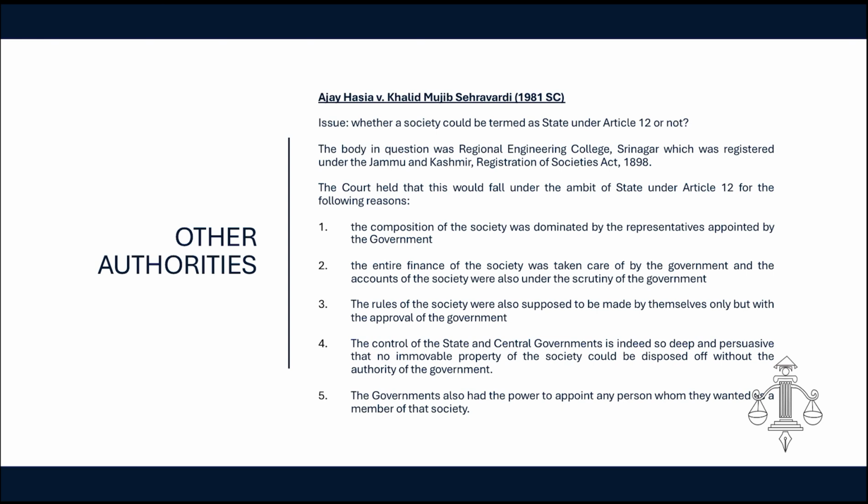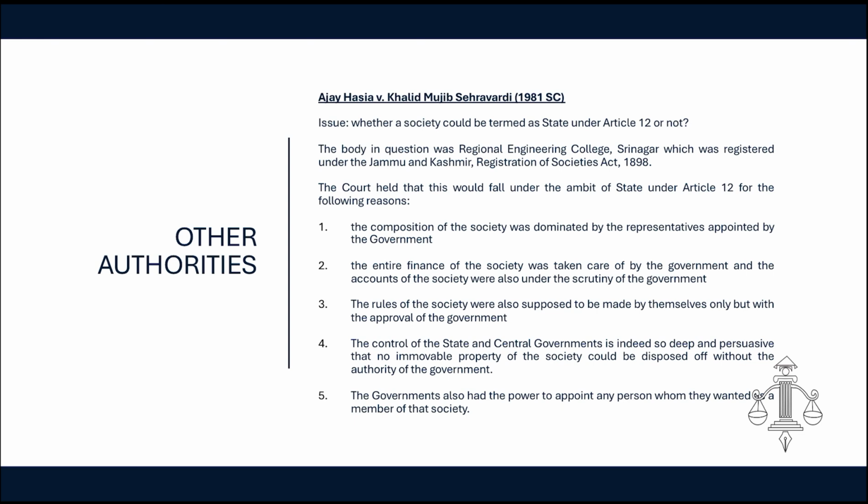So the court held that this would fall under the ambit of state. So the court held that societies would fall under the ambit of state. और उन्होंने किस basis पे किया, अब वो देखो. First, they have given 5 reasons for this decision. First, the composition of the society was dominated by the representatives appointed by the government. Second, the entire finance of the society was taken care of by the government, and the accounts of the society